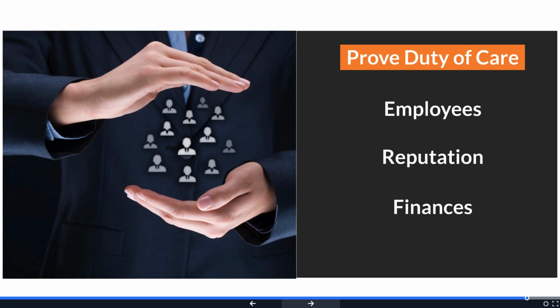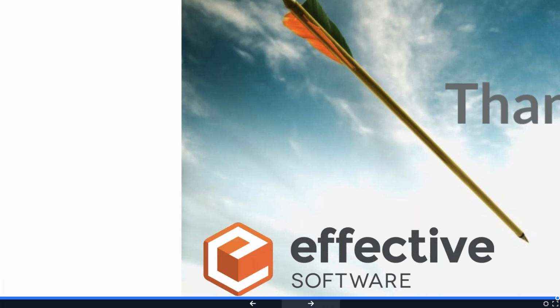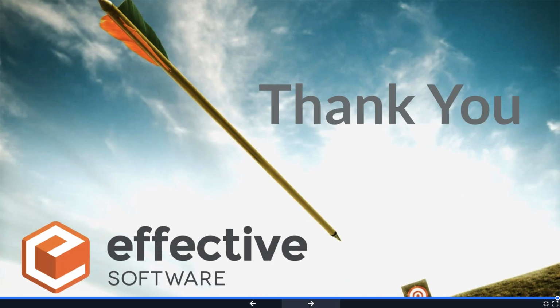And then obviously financial. So if an adverse incident does occur, the fact that you want to be able to financially prove that you have done your due diligence and your best duty of care, and hopefully avoid further financial repercussions. So that is a very brief overview as to where we think we can help with the 3 panes of contractor management. Happy to take any questions now that might have come up.